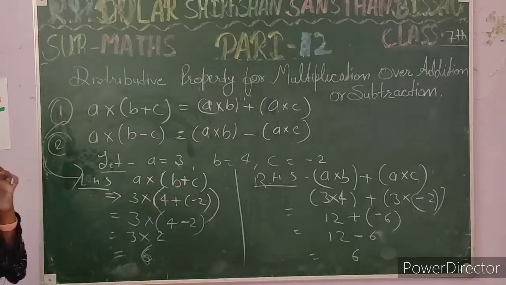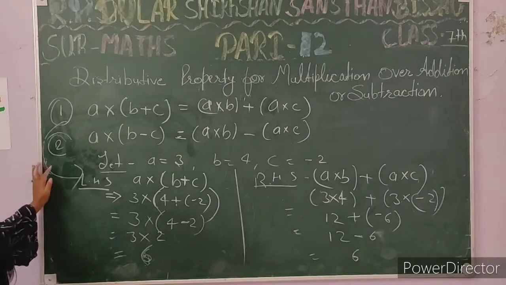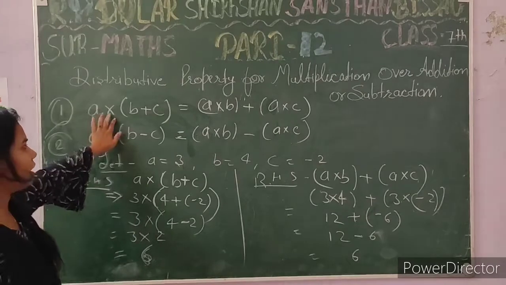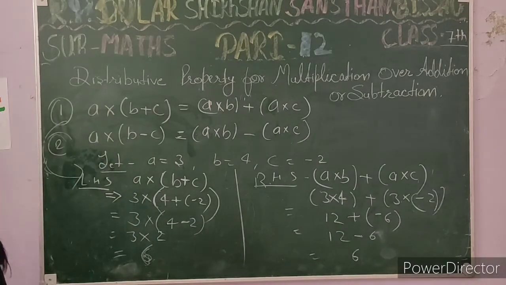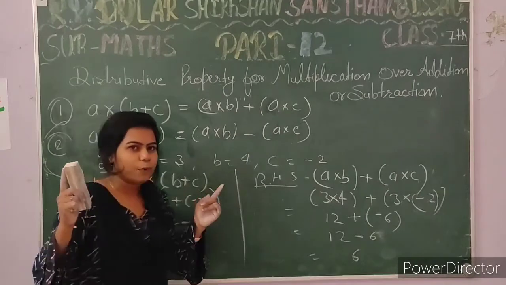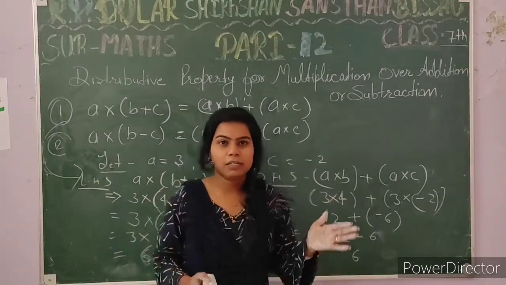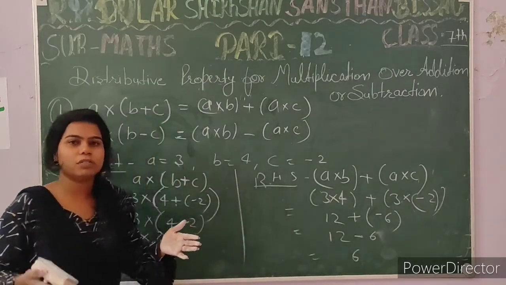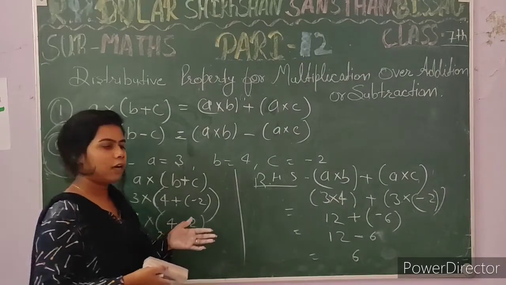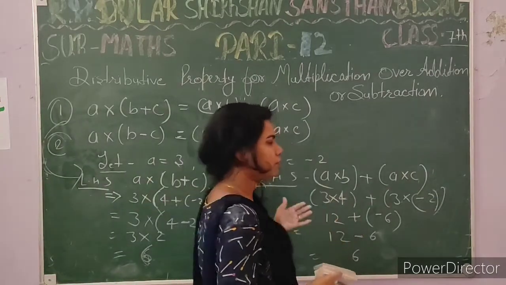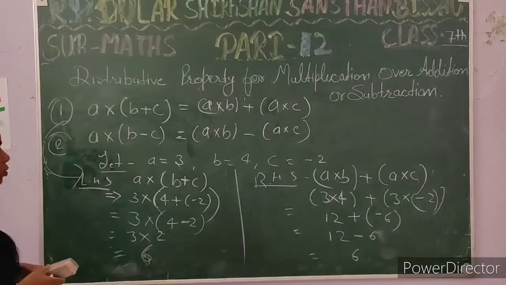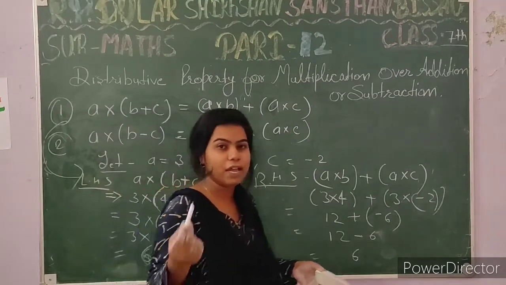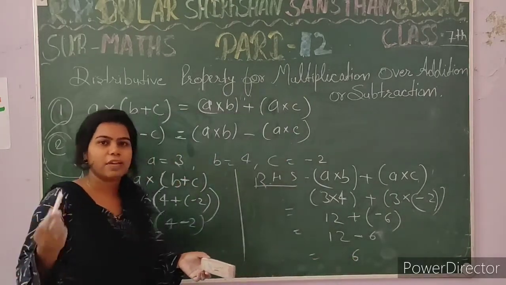Students, these types of questions are given in your Practice Perfect exercise 1.3, question number 2. You can solve them in this way. Remember this method only. First of all, solve the brackets, then if we have divide, we solve divide, then multiply, then addition, then subtraction.